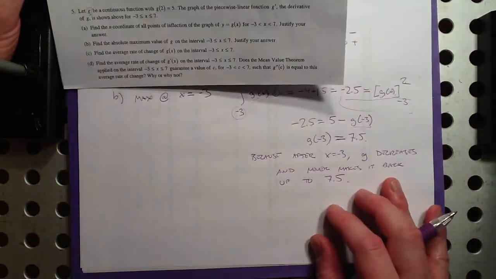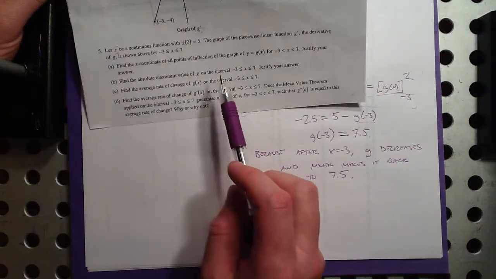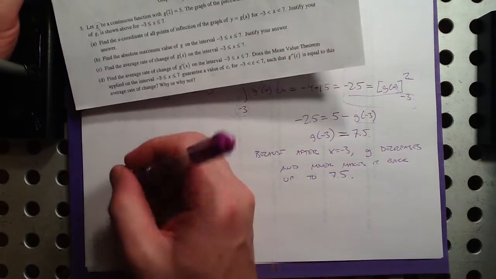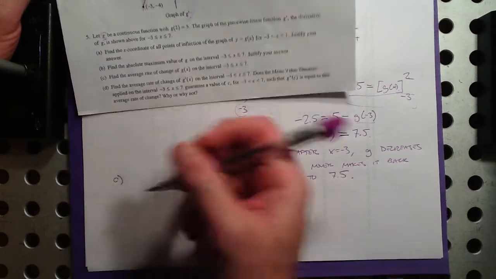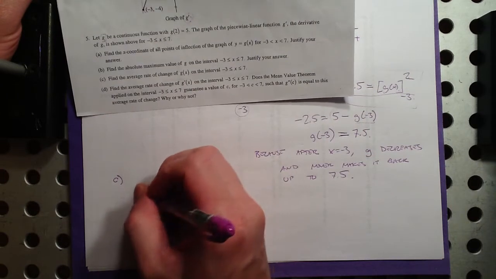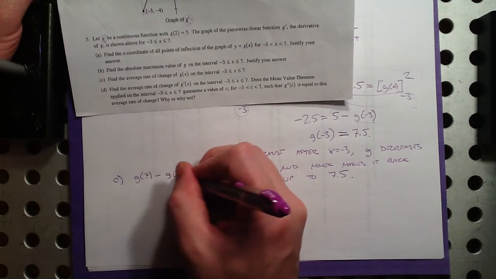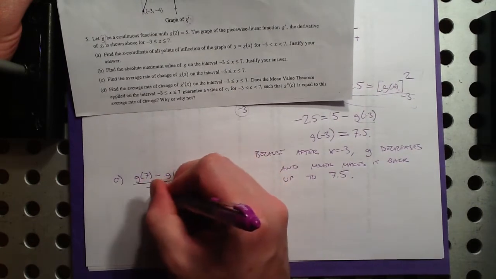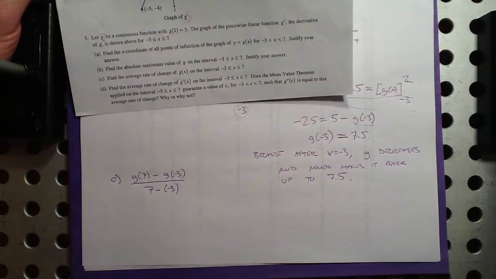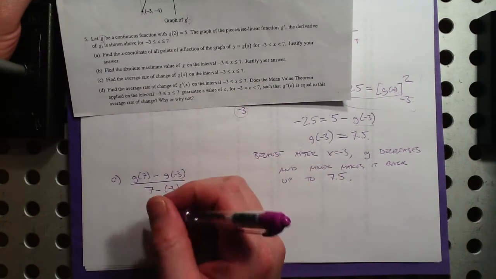justification. And let's see, find the average rate of change of g of x on the interval from -3 to 7. All right, average rate of change. Well, let's see. Average rate of change would be the slope. That would be g of 7 minus g of -3. That's y minus y over 7 minus -3. And let's see, how are we going to get that? Well, let's see, we can get that by doing